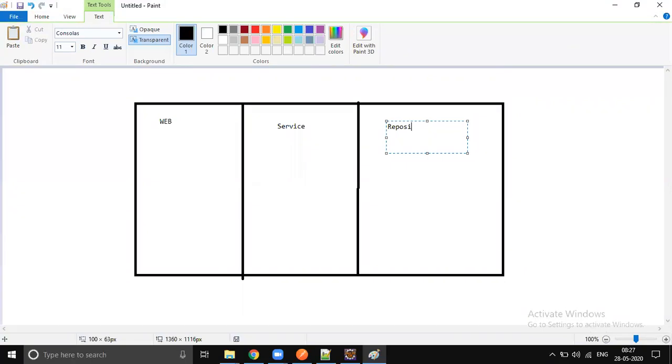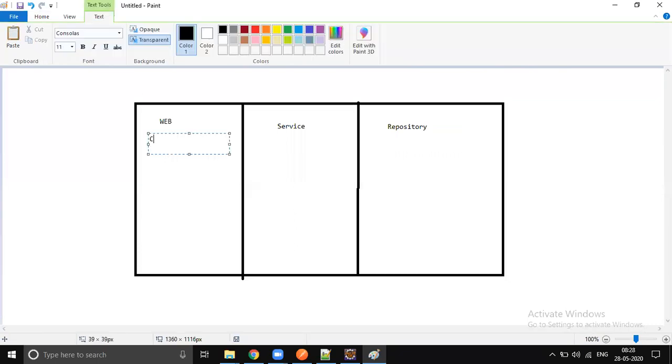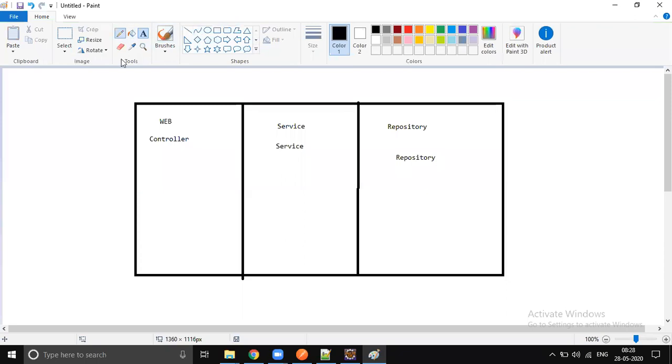That is also fine. It is just a different naming convention. We have controller classes, we have service classes, and we have repository interfaces to interact with the database. So three layers will perform three different actions.